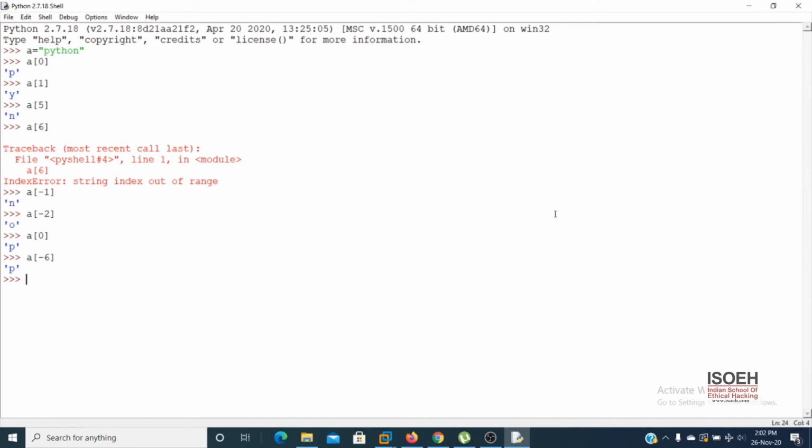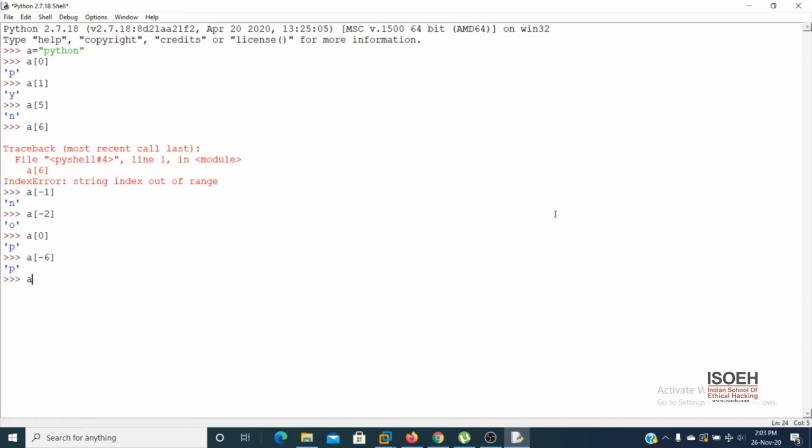So indexing is just a simple number. Now the second one is called string slicing. The slicing happens only in the string. Sometimes the list also supports slicing, but that is a different topic. Now what does string slicing mean? So I have the python string. Now I want to cut the string, like I want to print only y, t, and h. So this is my job. So how can I do that?